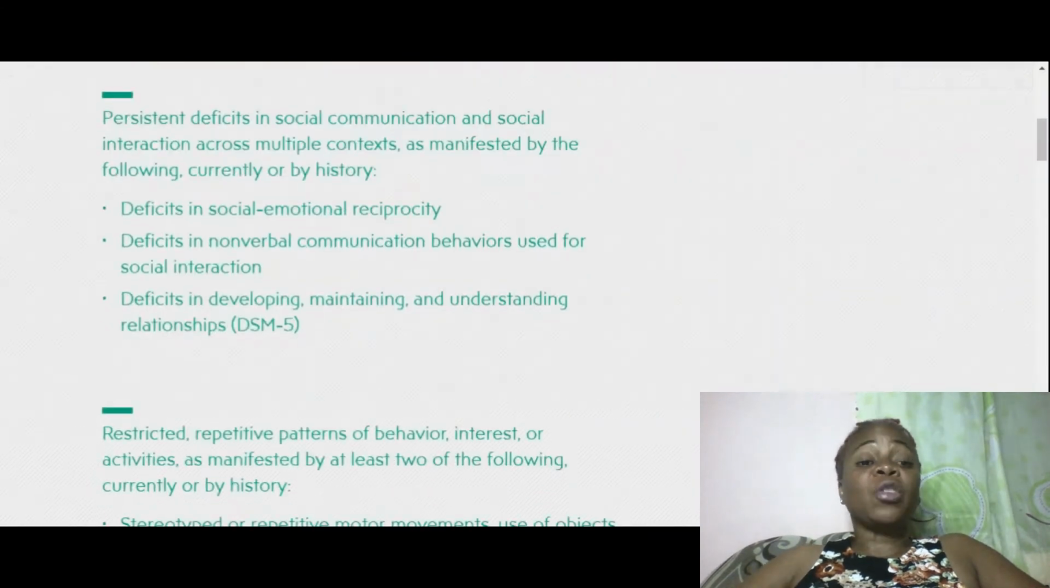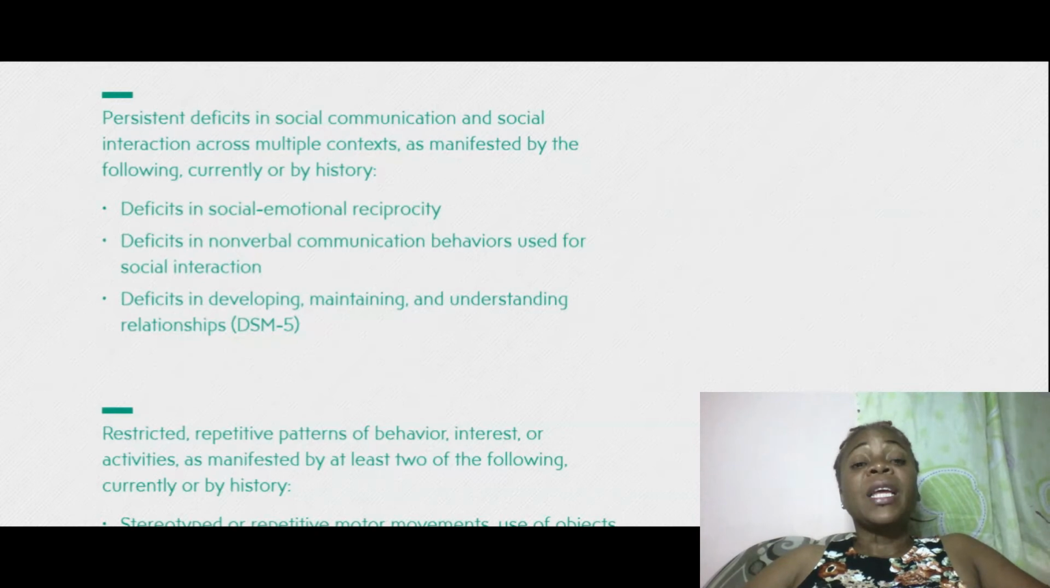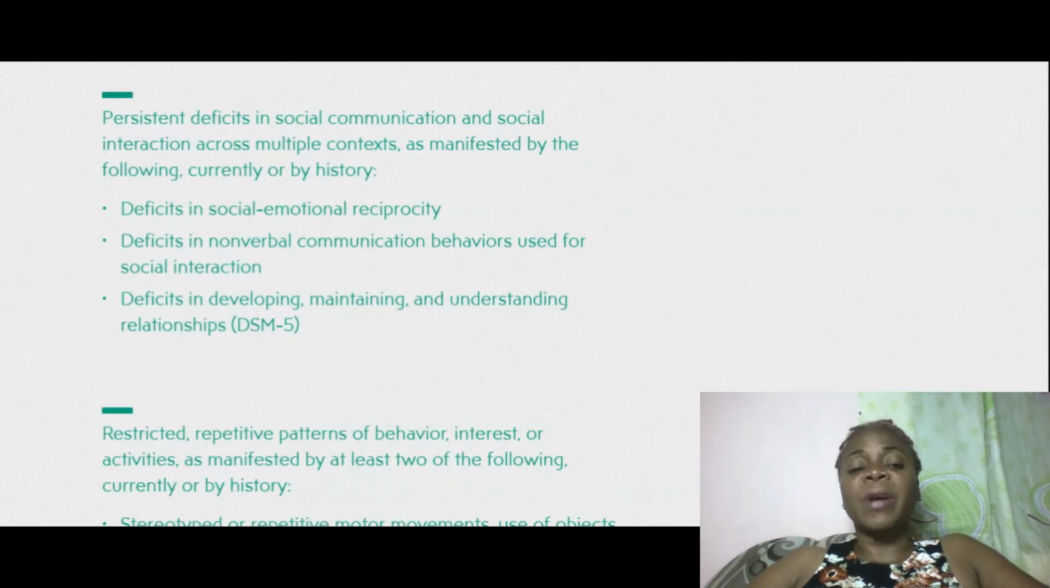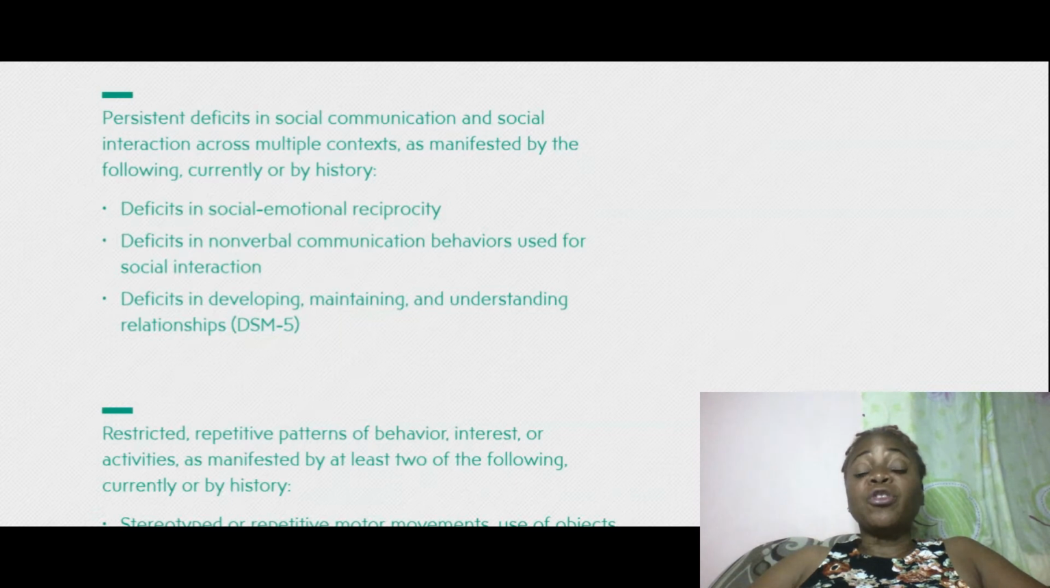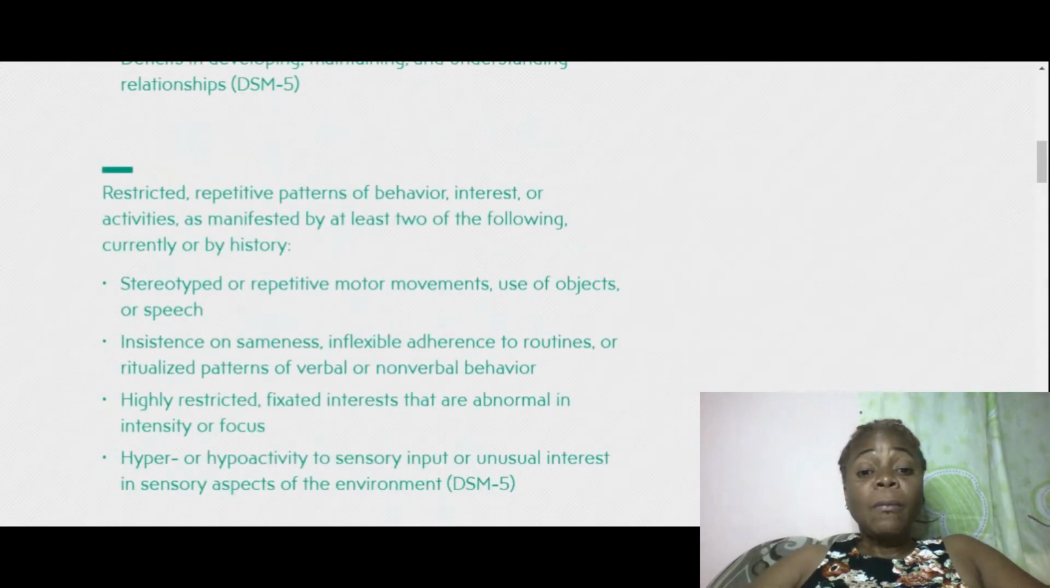So, autism spectrum disorder is persistent deficits in social communication and social interaction across multiple contexts, as manifested by the following, currently or by history: deficits in social emotional reciprocity, deficits in nonverbal communication behaviors used for social interaction, and deficits in developing, maintaining, and understanding relationships. Then we move to restrictive, repetitive patterns of behavior, interests or activities, as manifested by at least two of